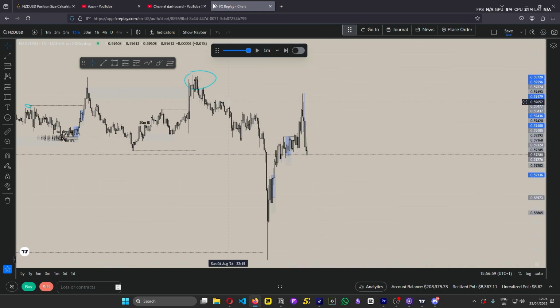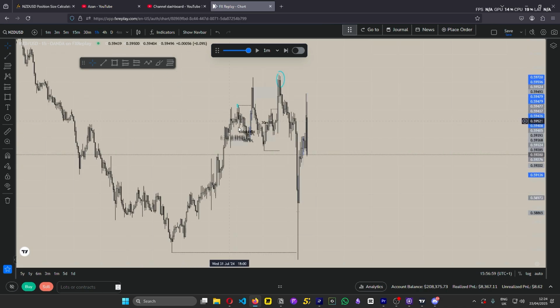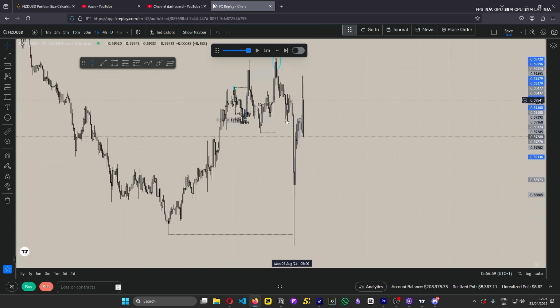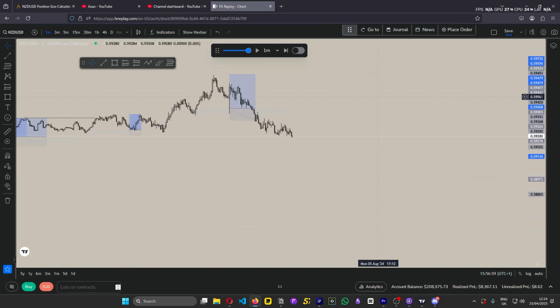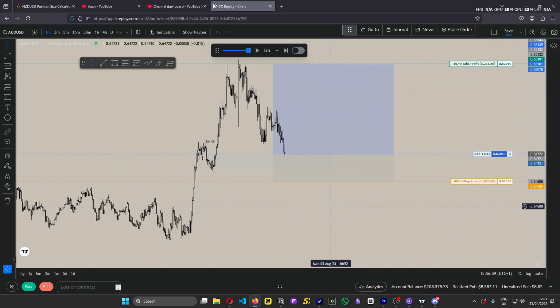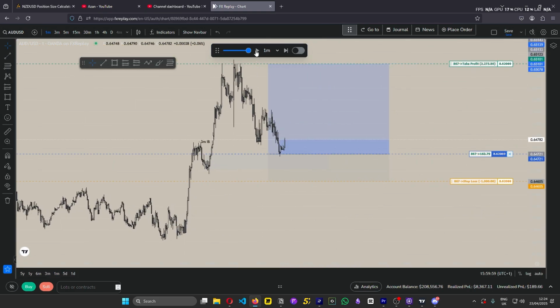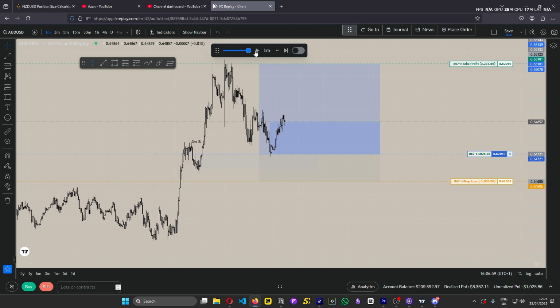Alright, maybe I shouldn't have kept on taking this. This is looking a bit... But we just shifted bullish right here with a change of character, but on the 4 hour we're bearish still. No, because we're targeting all the way up there, so this is still bullish. We're just waiting for 1 minute to shift back to bullish. And this is the last break, so this is still valid.